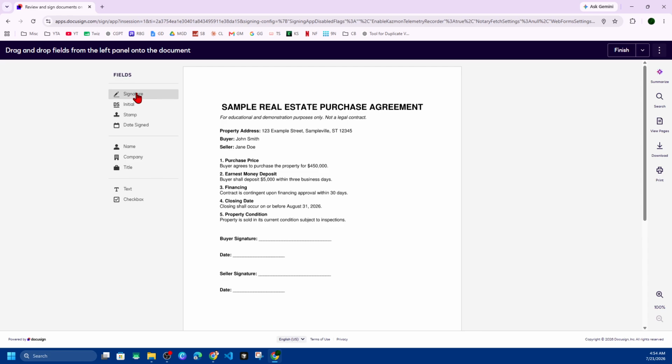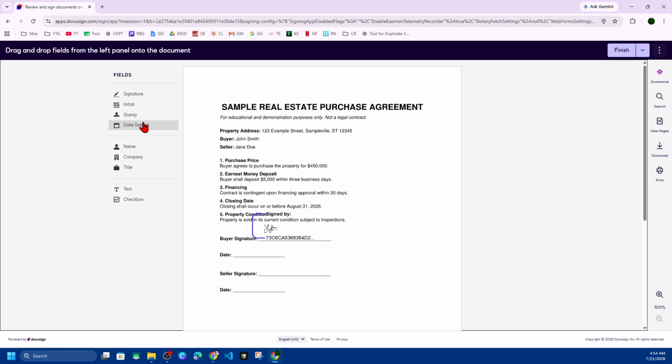Now under fields, we want to go ahead and click onto signature, and then we can go ahead and place that signature where we need to in that document. So say I'm the buyer signature, I want to place that here. Now we can make it larger and smaller by clicking on the little circles on the corner of the form here, like so. So basically you can resize or reposition the signature,